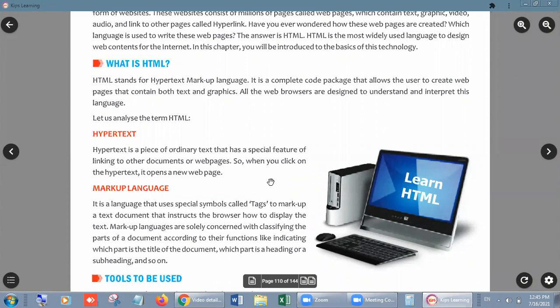Text means whatever you write, these letters or words are text, right? Suppose when I click on markup language, if after clicking on these words, something opens, it means these are hyperlink or hypertext. Next portion is markup language. Markup, look students, when you are in school in normal days, when the teacher teaches you, then he or she always informs you that these lines are very much important, please underline them, right?